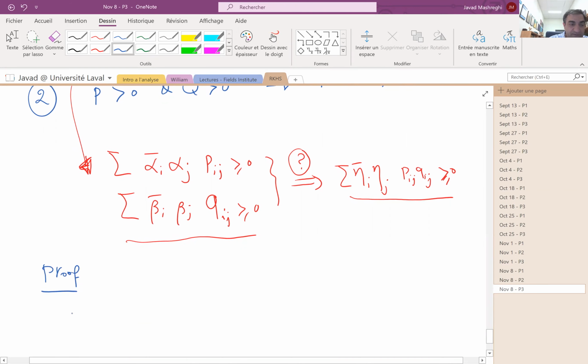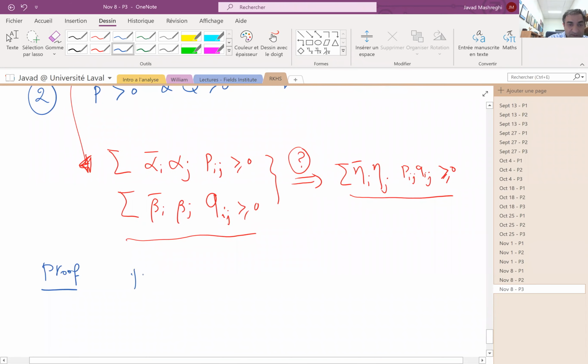By the previous theorem, we know that P is given by a sum, say k from 1 up to m, of V_k V_k star, or if you wish, in operator theory notation